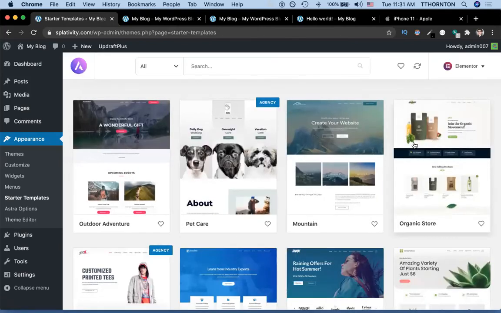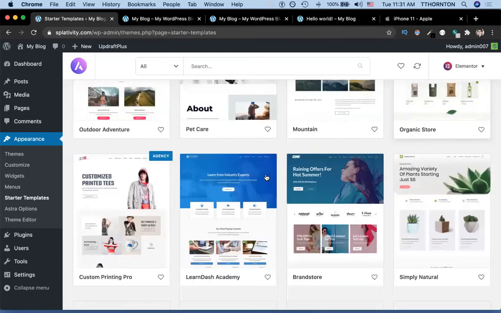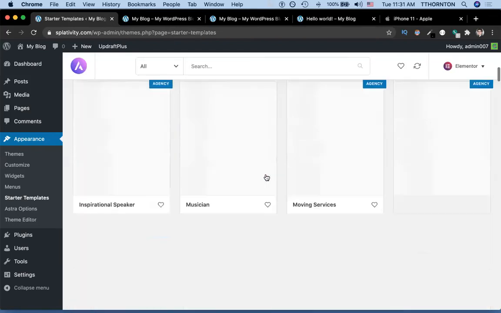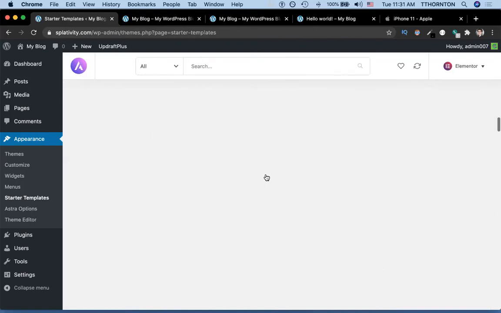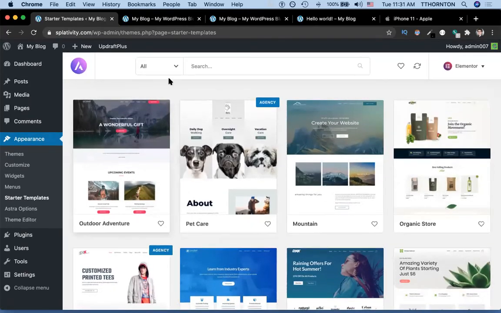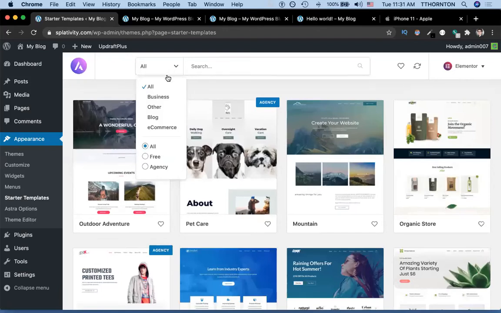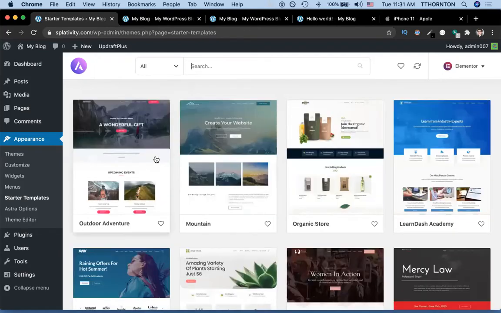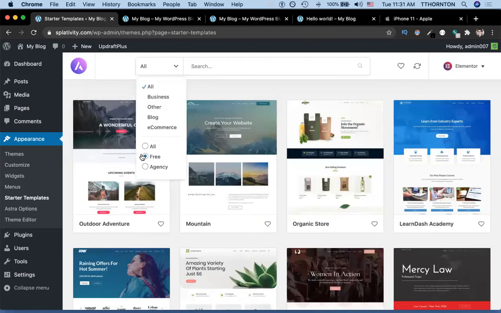And don't worry if the order is different or the visual appearance or the names are different. Every once in a while, the creators of Astra will change the different templates available. And there are a couple different things. You can select the type of site you want if you know what type of site you want, or you can type sites that are free or agency. Agency means that you have to pay for a license, so we'll go ahead and click free,